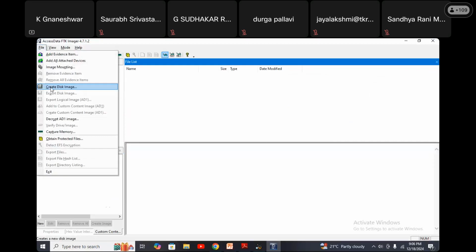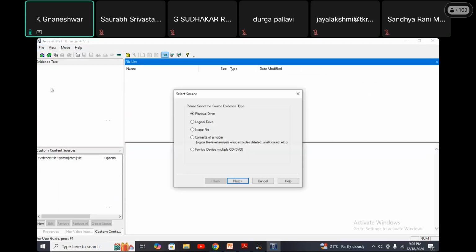So select Create Disk Image and apply it on the physical drive. Physical drive in the sense of auxiliary storage, like pen drive, hard drive, whatever, everything comes under it. So select physical drive only and select next.